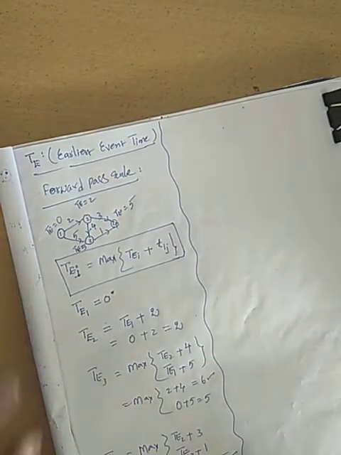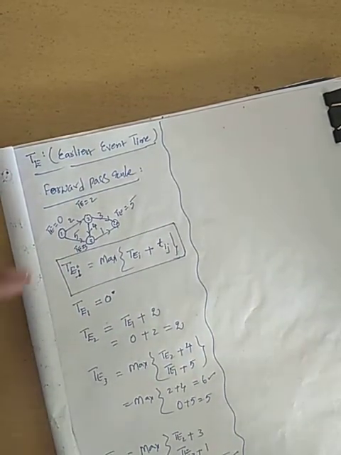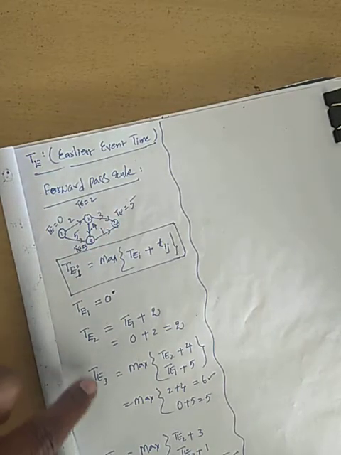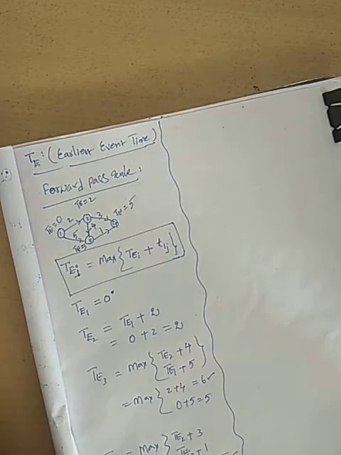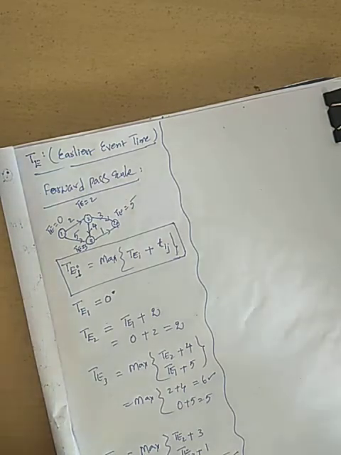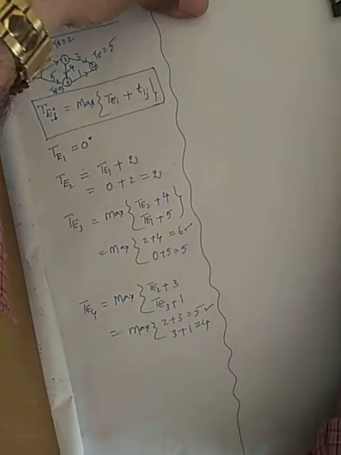So now we calculated the TE values. How many TE values? It is equal to the number of circles. How many circles are there? 1, 2, 3, 4. Hence how many TE values? 4 TE values are over. Till now what did I apply? Forward pass rule. Now you go for the quite opposite of the above process. What to call this one as? Backward passing rule.